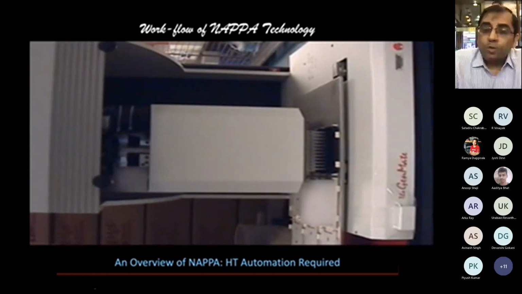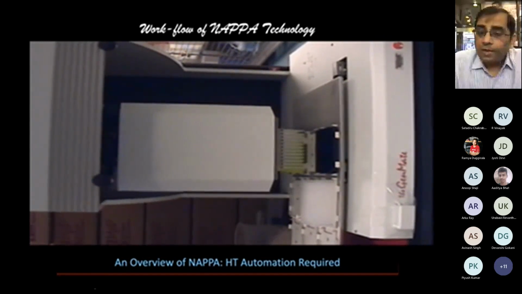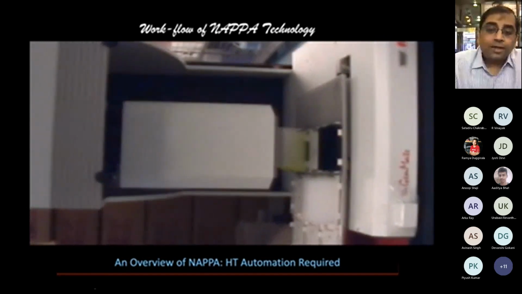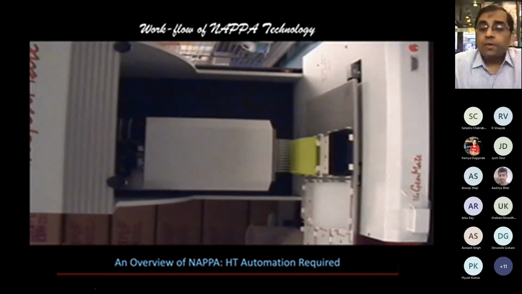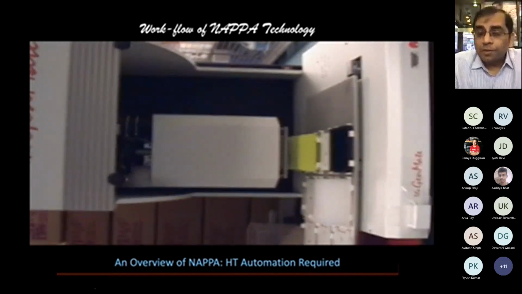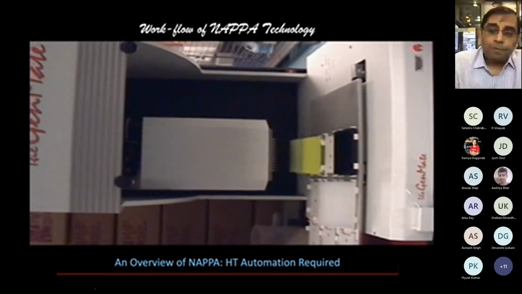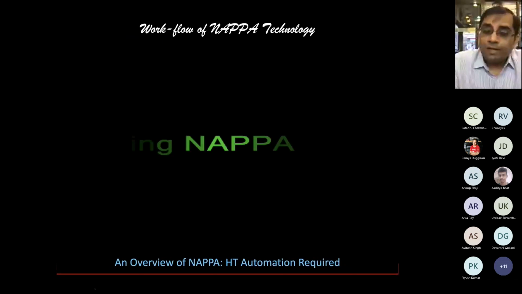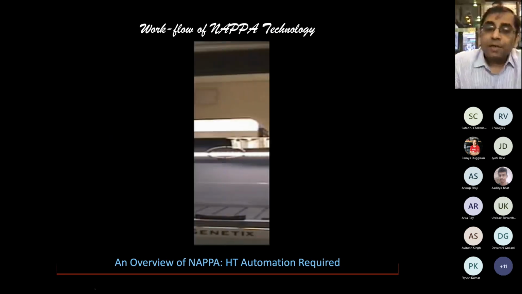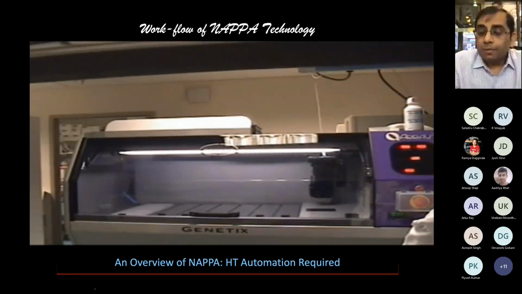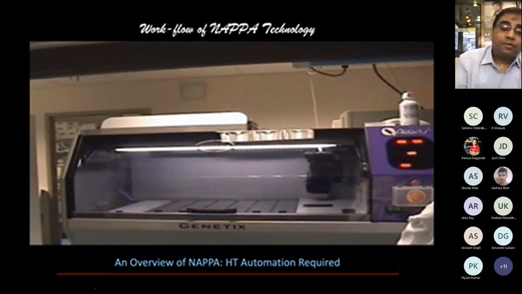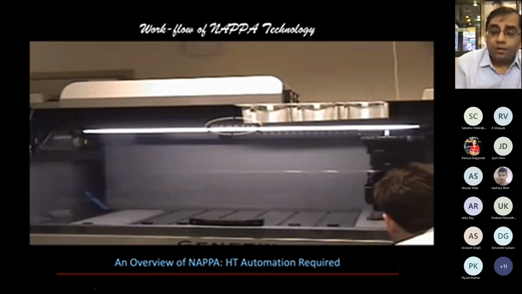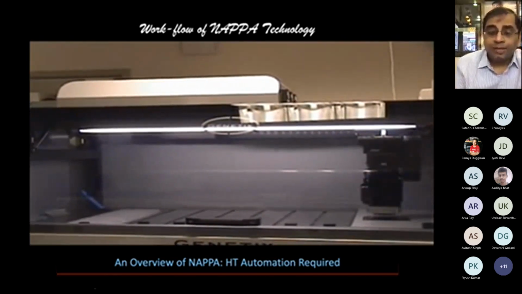Once you are happy that you are able to purify sufficient DNA and you got a sufficient quantity of those genes of interest, then only you are ready for the next set of experiments to make your printing reaction happen for the NAPPA arrays. So next, now you have sufficient DNA for each one of these genes of interest, and you want to add the printing mix into the plate, and now you want to print the array. So I'll now show you the detail of the printing.